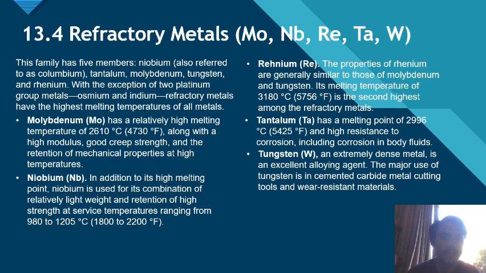Next we go to the refractory metals. This family has 5 members: niobium, also referred to as columbium, tantalum, molybdenum, tungsten, and rhenium. With the exception of 2 platinum group metals, osmium and iridium, refractory metals have the highest melting temperature of the metals. Molybdenum has a relatively high melting temperature of